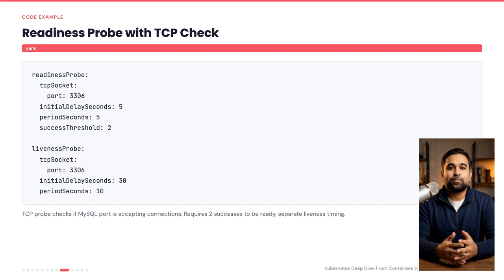Airbnb publishes their probe timing configurations in internal documentation because they found that teams were copying probe settings without understanding them. A configuration that works for a fast starting Go service won't work for a JVM application that needs 30 seconds to warm up. Patterns you'll see in production beyond basic probes, you'll encounter some common patterns: deep health checks